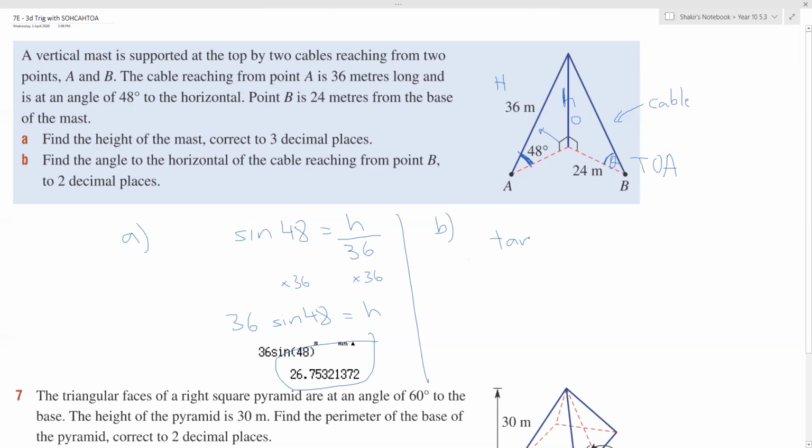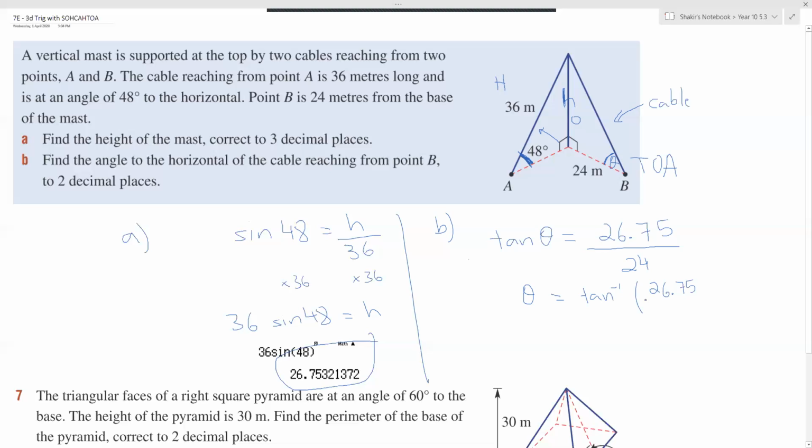So tan of theta will equal opposite, which is 26.75, over the adjacent, which is 24. And then I'll do inverse tan on both sides, equal to inverse tan of 26.75 over 24. And theta is equal to, I'll do it on my calculator, shift tan, open bracket, 26.75 over 24. And that will give us